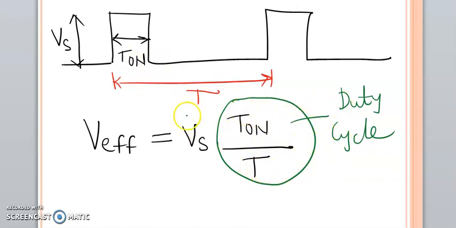So the effective voltage that can be supplied is going to be controlled by adjusting this T on by total T, that is, by adjusting the duty cycle. Now let us develop a relationship between the analog voltage generated and the PWM output level, so that for a given analog voltage level, we know the corresponding value of PWM output level. The PWM output level specified with analogWrite is an 8-bit value as we have discussed earlier. That corresponds to an effective voltage range of 0 to 5 volts in Arduino Uno.